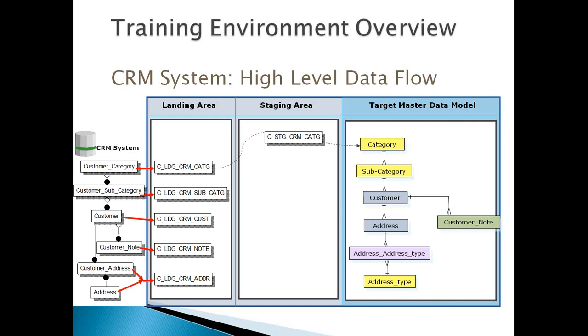And one more thing about the landing table: when you are doing the lab part, it will ask you to create all these tables. Whatever table names you are seeing here, it will ask you to create all these landing tables for every system. This is because it will be easy for you to understand by the naming convention. C underscore LDG or L means this is a landing table of the CRM system from the category base object or the customer base object.